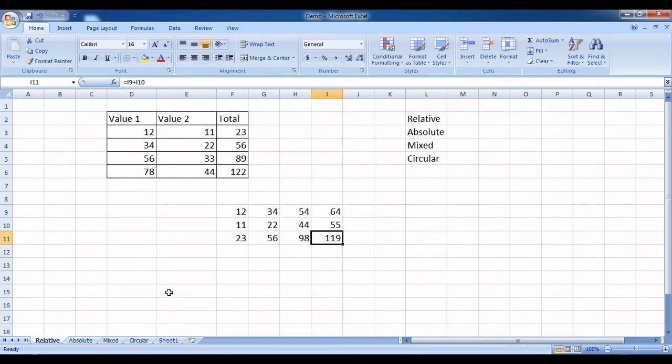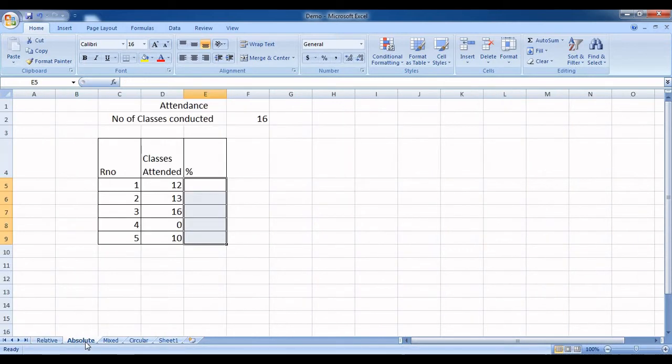Let us proceed now and understand how we can use absolute. So relative is about updating everything, either column name or the row number, depending on your direction of drag. Now let us understand what absolute is. I have a sample data available to understand what absolute cell reference is. We have a simple scenario.